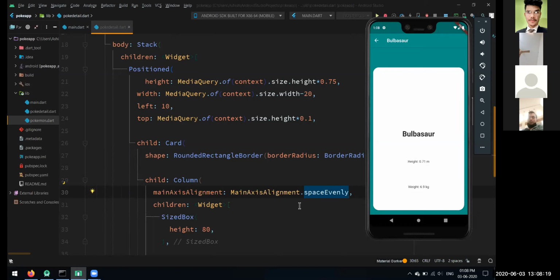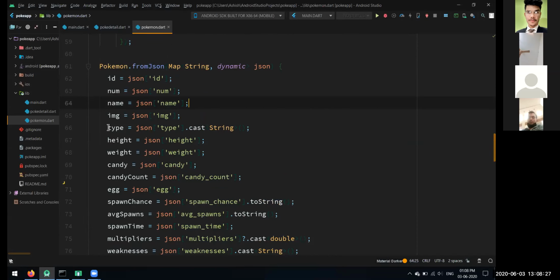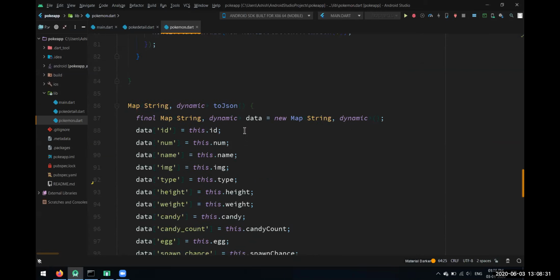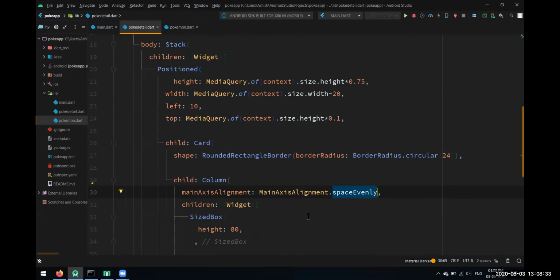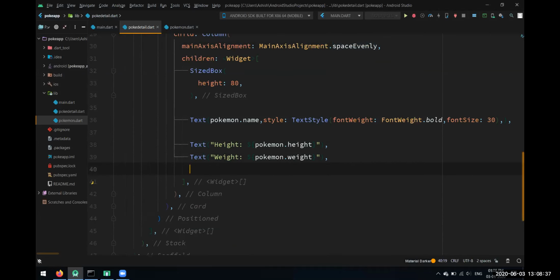We have its type. In this Pokemon app, we have another thing, its type. This is a string. This is a list, I think. It will show the type, whatever type of powers that Pokemon has. Okay, so what we can do, we'll show it inside some circular bubbles.